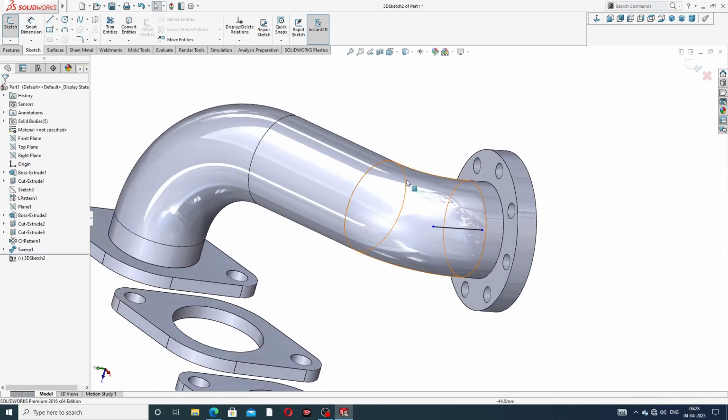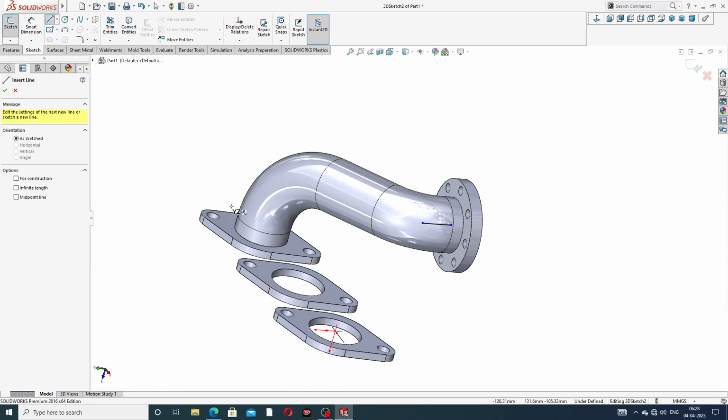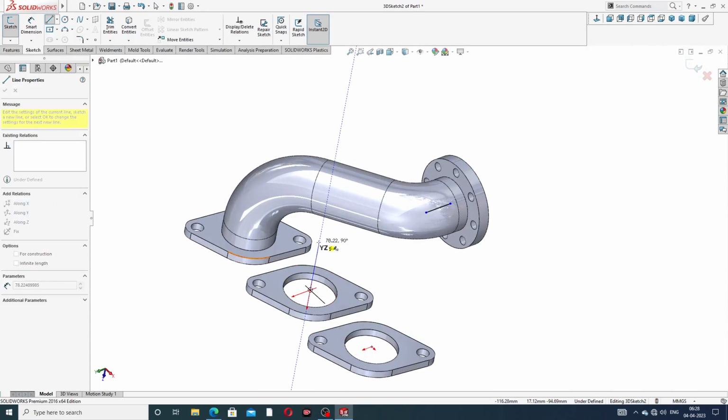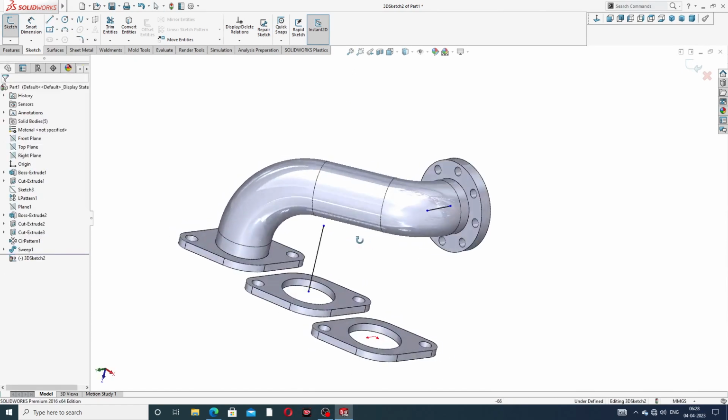Press a tab, and next okay, this again select a, and this use a center line, and okay, this is a vertical line, okay,